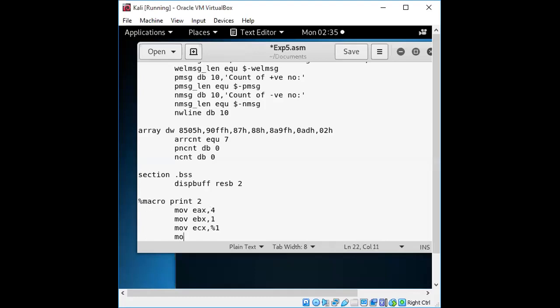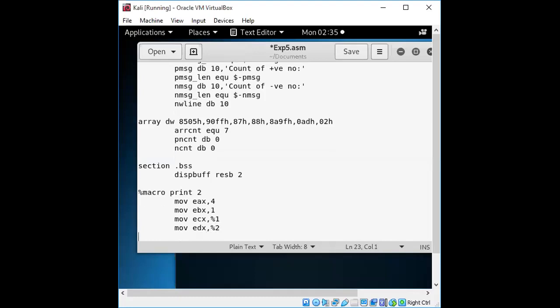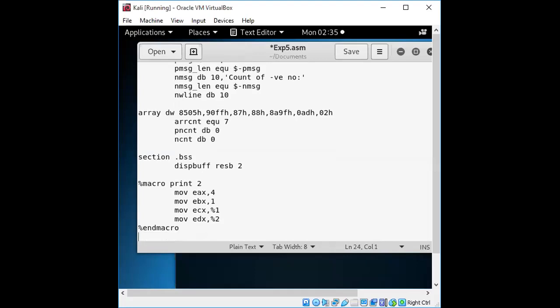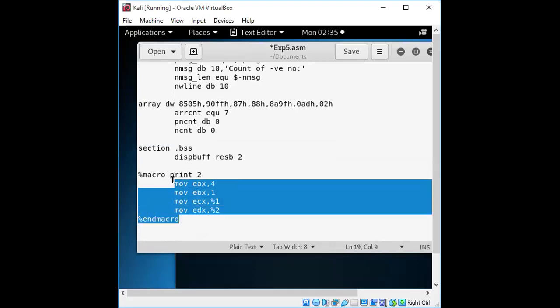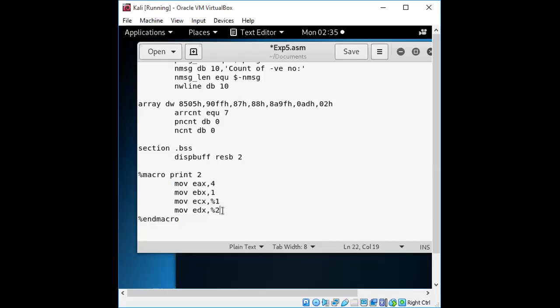And EDX, that is for the message length, we put that in the form of %2, and end of the macro. So what does it mean? Wherever this macro is used to print something to the output window, we require first the system call, then standard input output, then the actual message, and the second argument in the form of length.